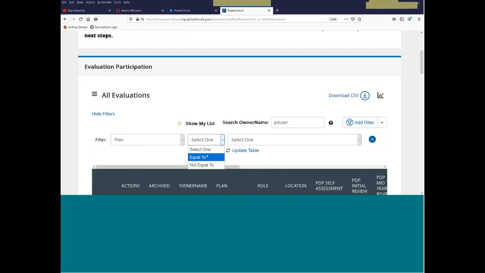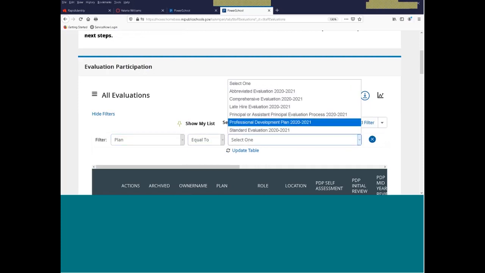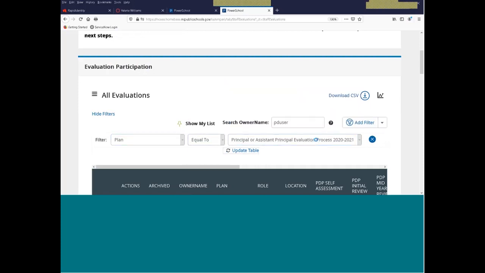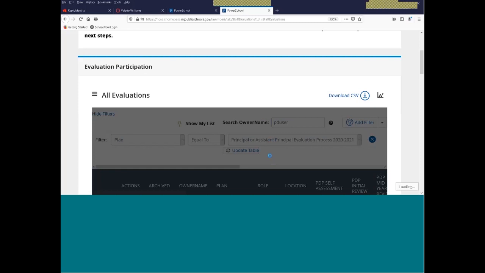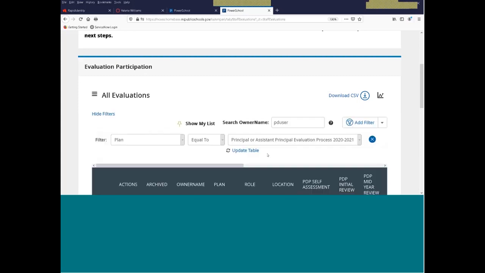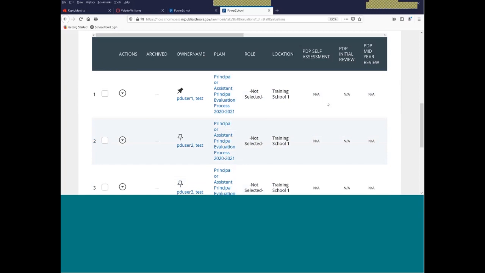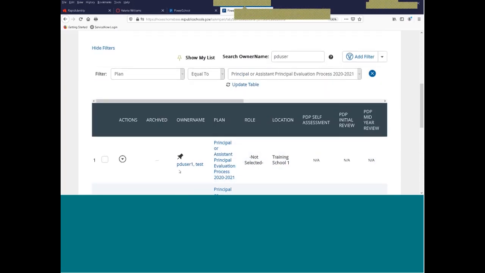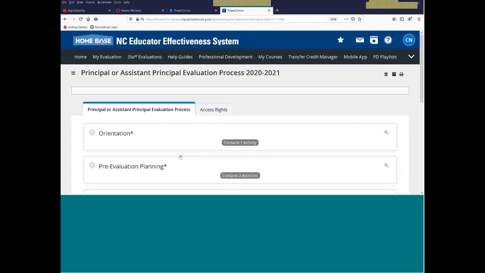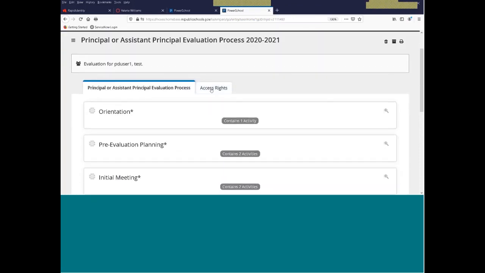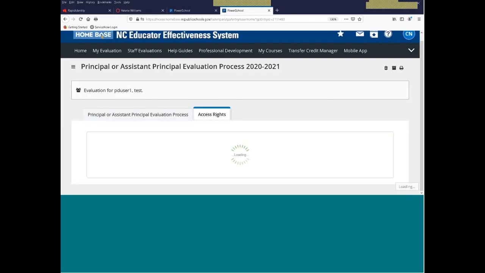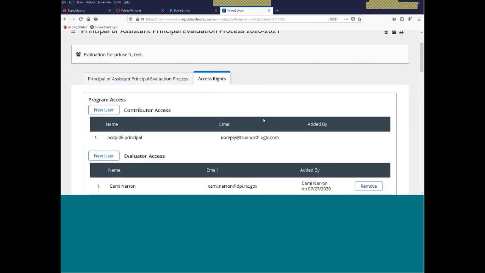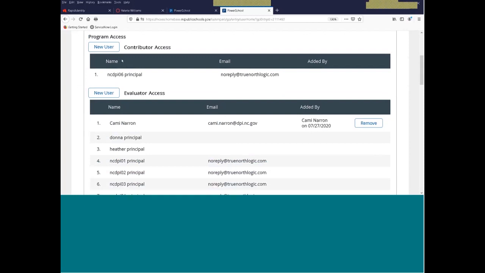I want to find a principal plan. Okay, get my principals. And I need to add evaluator of principal. I'll click on their name. There's a tab over here on the right. It's called Access Rights. And here is where I can,